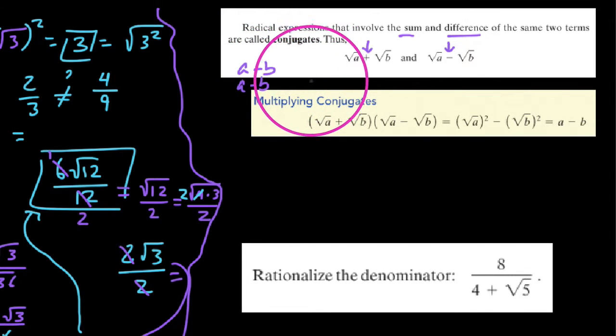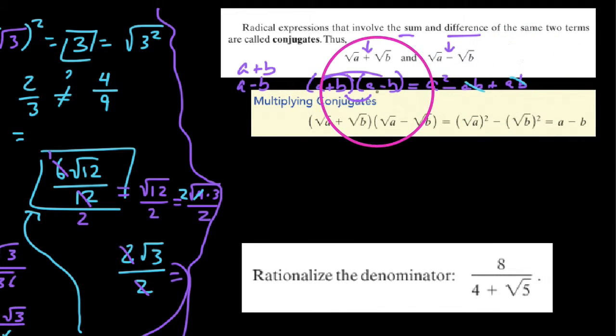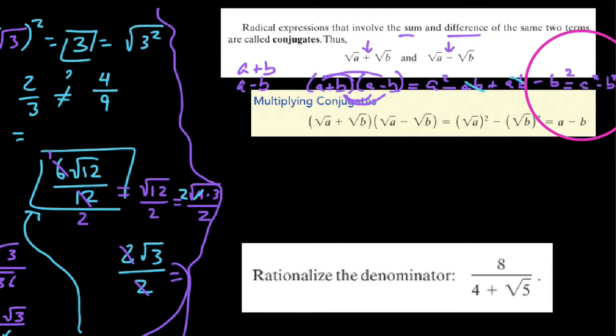And the nice thing about multiplying a plus b times a minus b, I'm just going to show everybody here, is this. When you distribute this, when you FOIL, you get a squared minus ab plus ab. So those factors are going to cancel out here. And then you would get minus b squared. So you really get a squared minus b squared, which is a difference of two squares. In a radical sense, if you were to do this with radicals, again, like take these and multiply them,